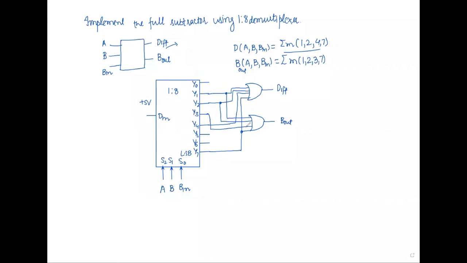The only thing is you should be aware of the Boolean expression. So don't get confused. Sometimes a Boolean expression might be given to you and you want to implement it using a 1:8 demultiplexer. So just connect all the outputs which are being given to the OR gate, and that will be your realization. You are not supposed to do any magic with this. So that's all for this particular question.